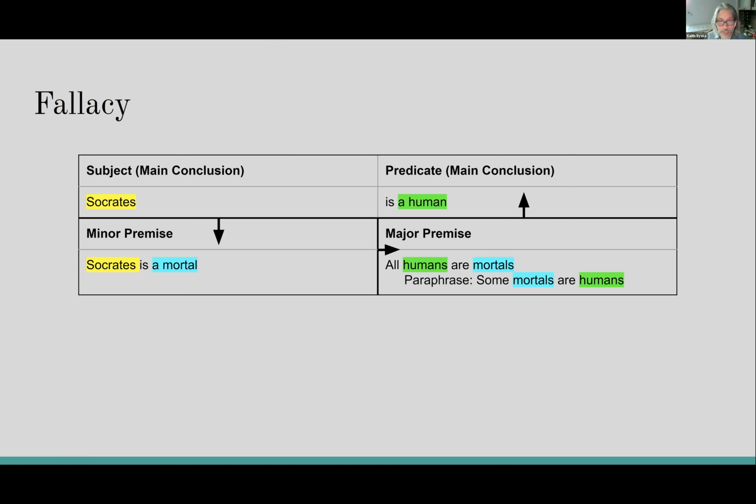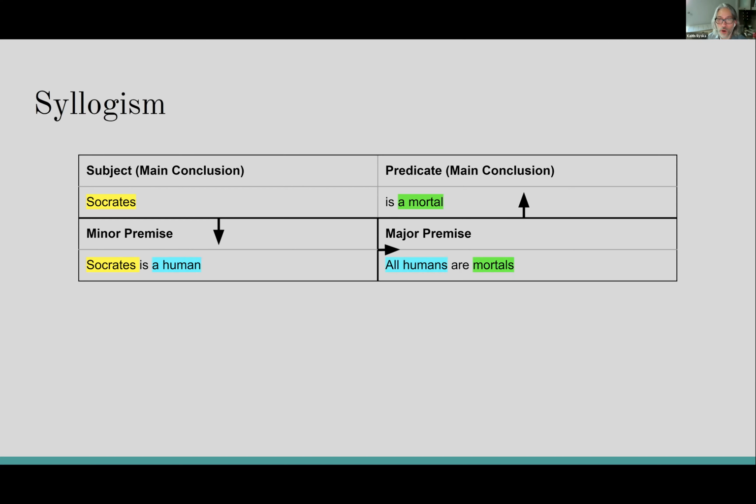Maybe. Potentially he is, but it's also possible that he is one of the mortals that is not human. If only some of them are definitely human, then there's a possibility that some are not. And Socrates might be one of those mortals who is not. So we don't prove the conclusion in that sense. So if we have to choose between version 1 or version 2, even with no indicators whatsoever, the principle of charity tells us that the correct conclusion is version 1.